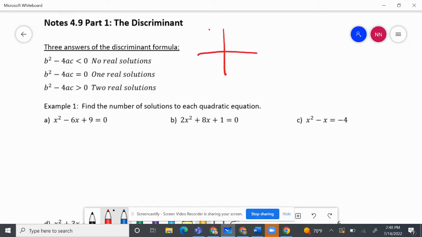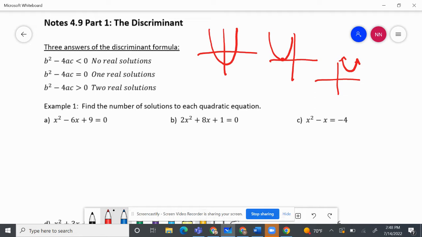is, does it cross the x-axis twice? That would be two solutions. Does our quadratic cross the axis once? That would be one solution. Or does our quadratic cross the x-axis 0 times? So it tells us how many solutions we're going to have without really spending a lot of time solving